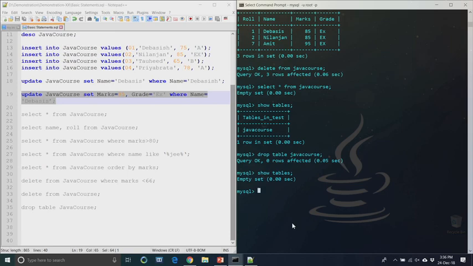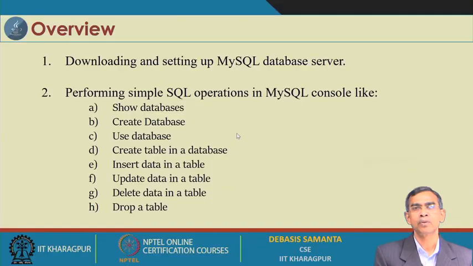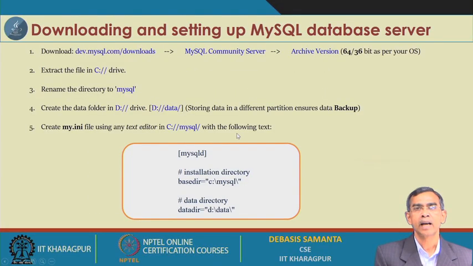Anyway, as you see, there are some SQL statements and how they can be executed after the successful installation of SQL server. Our SQL installation is ready. It may be on the local machine here, but the same can be installed on a remote machine also. If it is installed on a remote machine, you have to note the IP address of that machine, and then you will be able to connect to it, but this connection is through the JDBC driver. That will be discussed in our next session. Thank you.